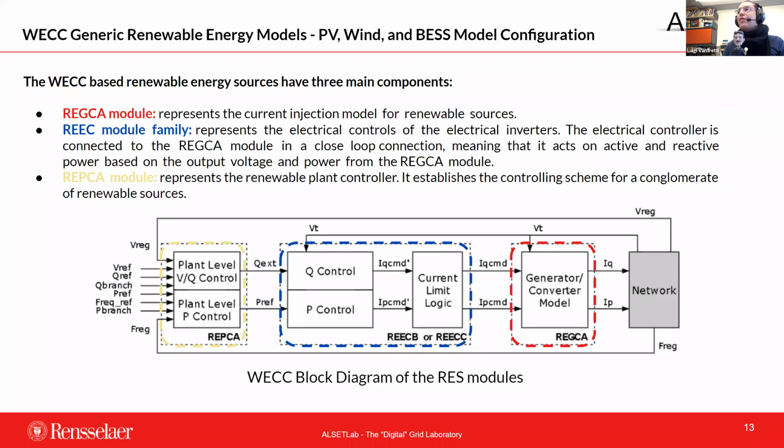So there is a converter model. It's usually the inverter. Then you have this current limit logic, which is basically a way to model the maximum current limits going through the electronic circuit. And this is really an abstraction. There is very little physics, more than a few time constants and some limitations. It's not like you're modeling the transistors.